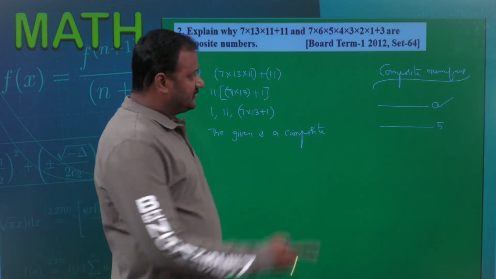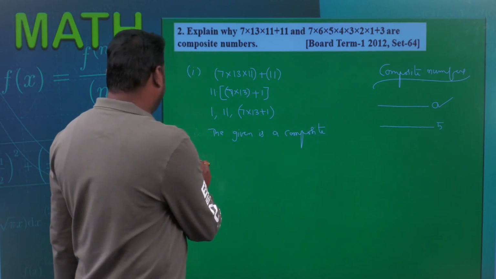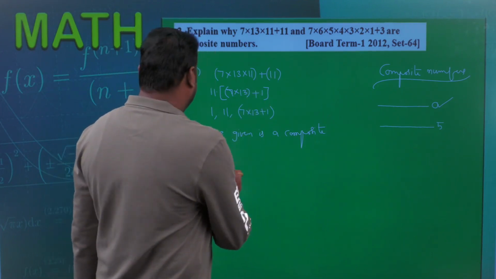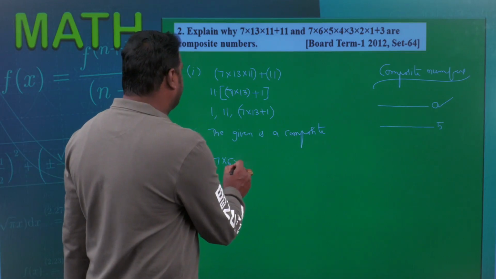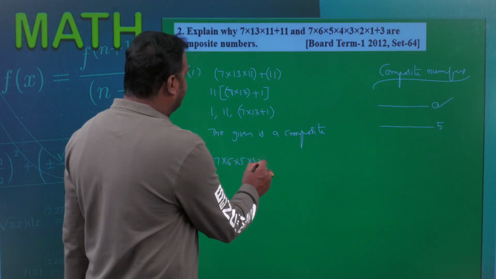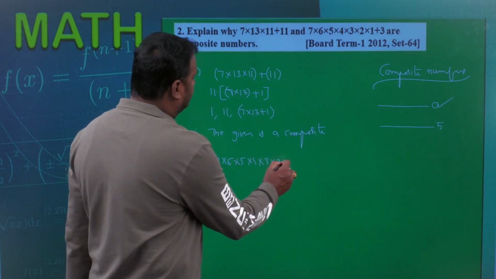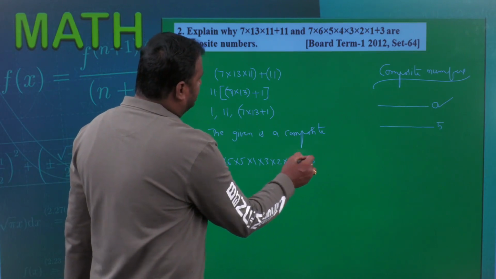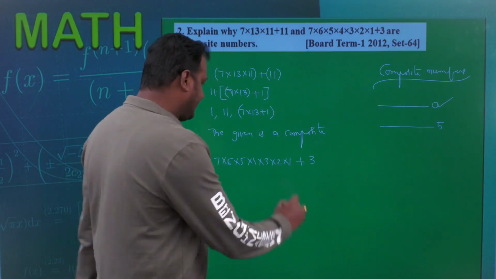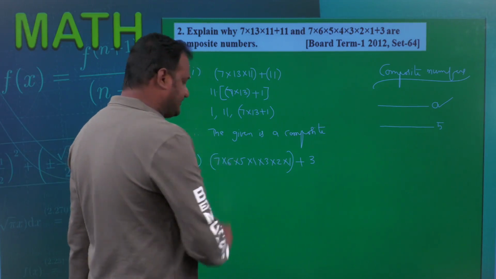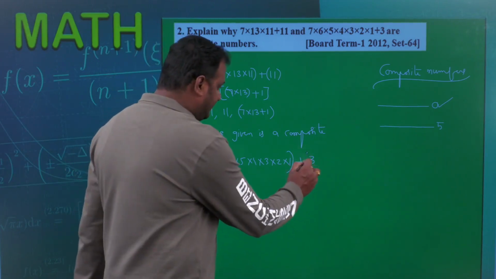Hope you understand. Moving on to the second bit. What is that second bit given here? That is 7 into 6 into 5 into 4 into 3 into 2 into 1 plus 3. This one also is the same as that. Okay, so you will have to treat this entire product as one number, and 3 is one more